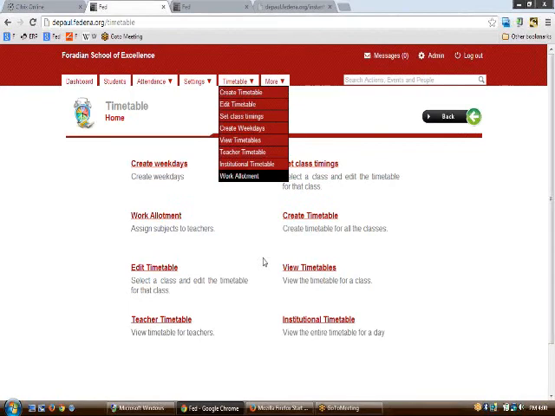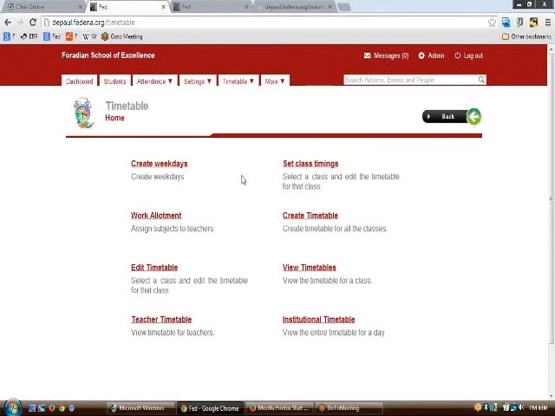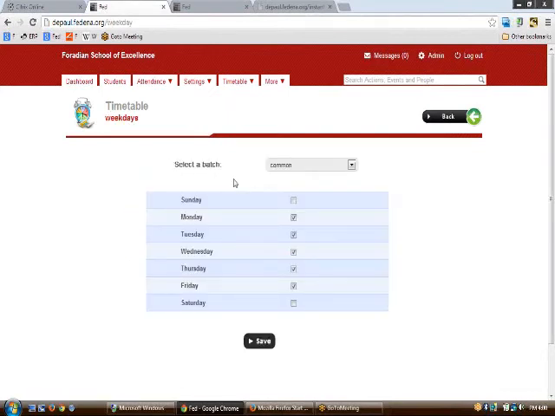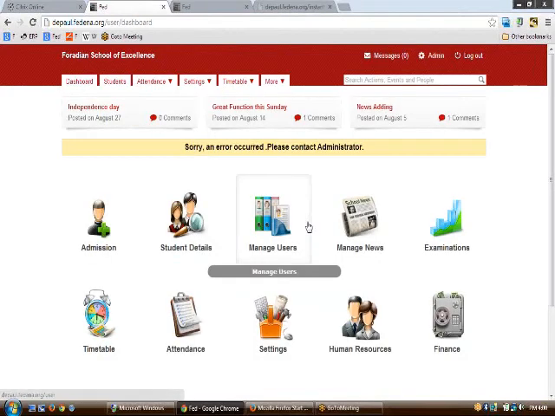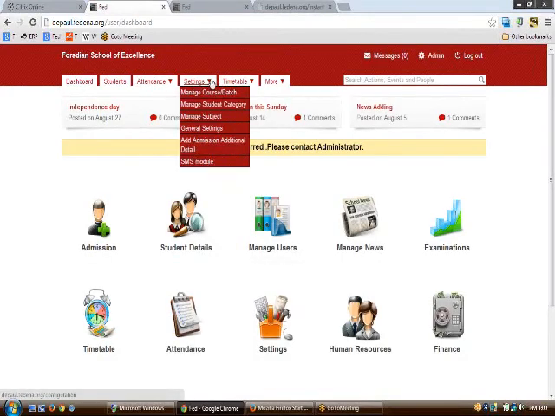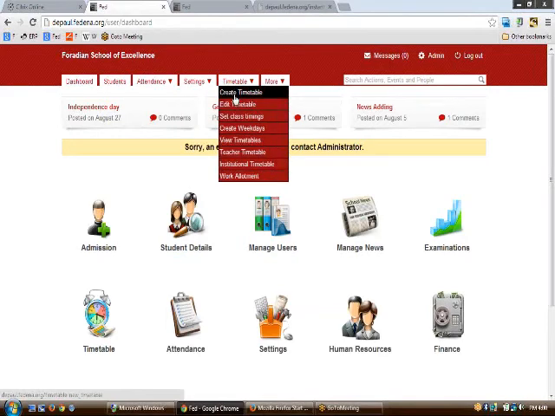In the timetable part, on clicking timetable, you come across these many icons, these many links. You need to start by creating the weekdays first of all. To create weekdays, you click on weekdays, and you will get the list of all those days for which the weekdays are to be set. Moreover, these weekdays can be set up as common, or as specific for some of the applications also. Then click save, and your application will save the weekdays.